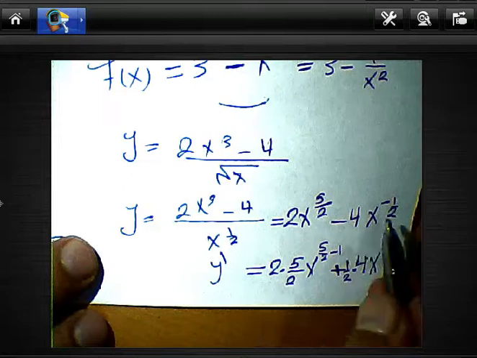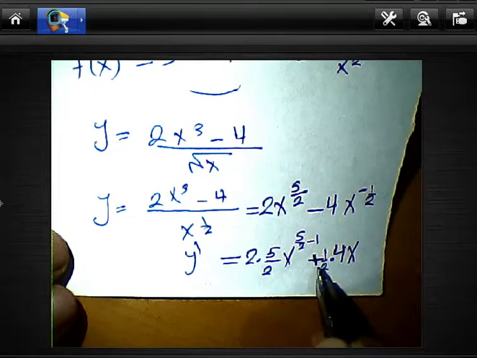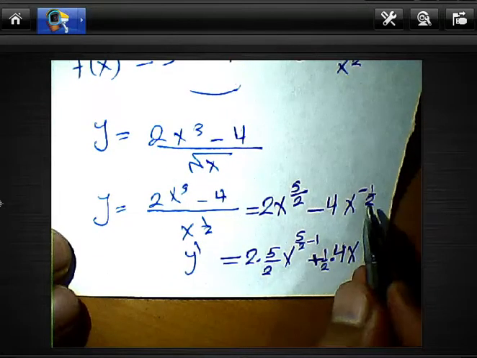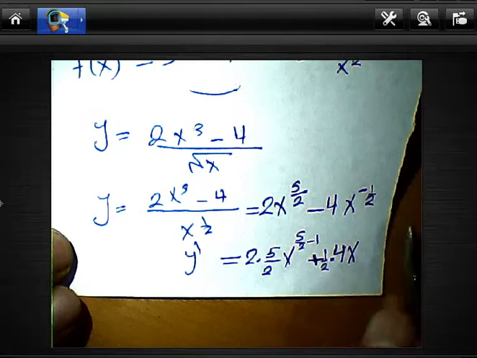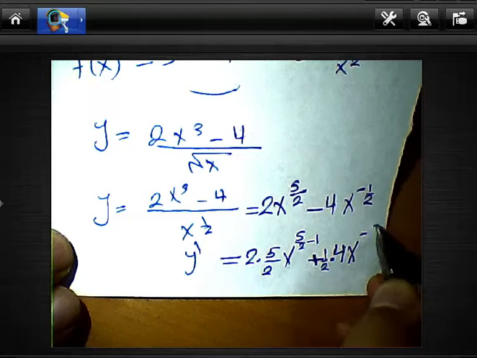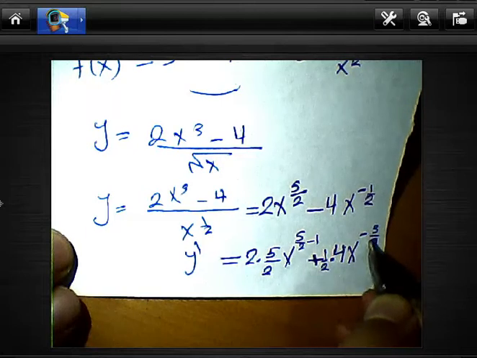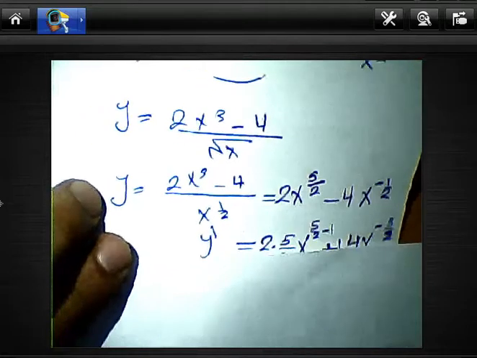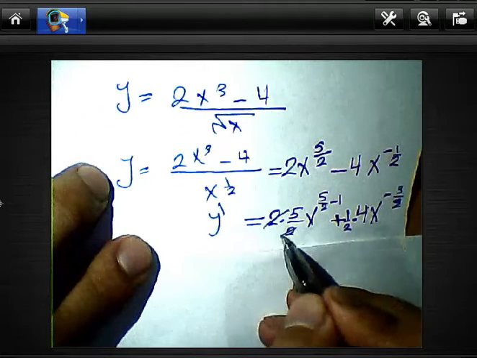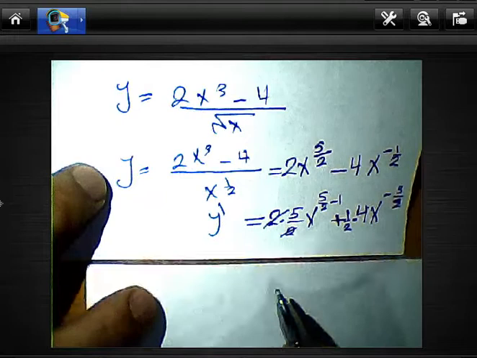Half multiplied by 4x, and we subtract 1 from this number. Negative half minus 1 equals negative 1.5, which is negative 3 over 2. And we can simplify it here. 2 divided by 2 equals 1. So we can write y dash